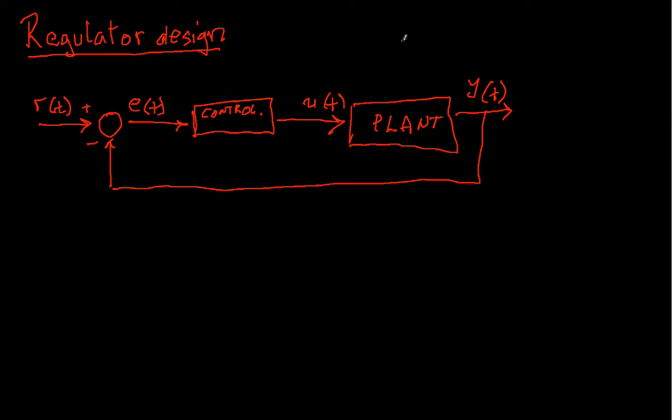We also can think about possibility to add disturbances. But in general, this is the structure of the controlled system that we understand that this system is the feedback